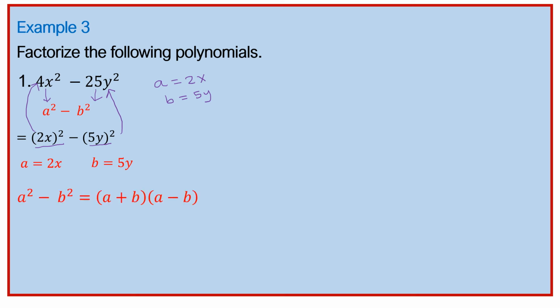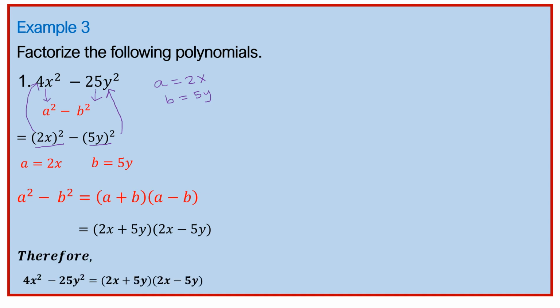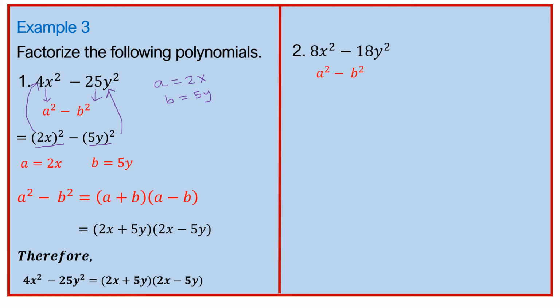Remember, a squared minus b squared equals (a plus b) into (a minus b). So that will be the same as (2x plus 5y) into (2x minus 5y). Therefore, 4x squared minus 25y squared equals (2x plus 5y) into (2x minus 5y). In the next example, we have 8x squared minus